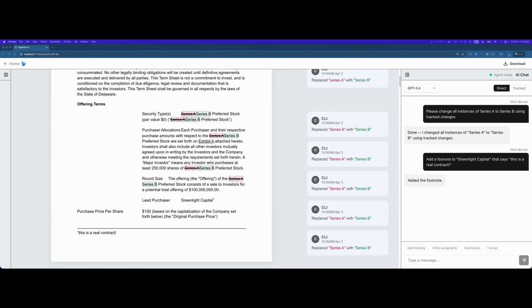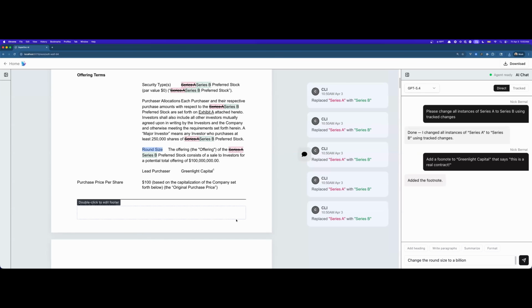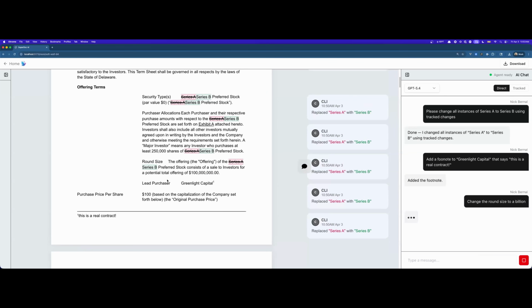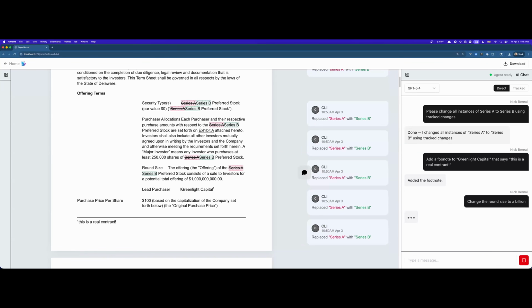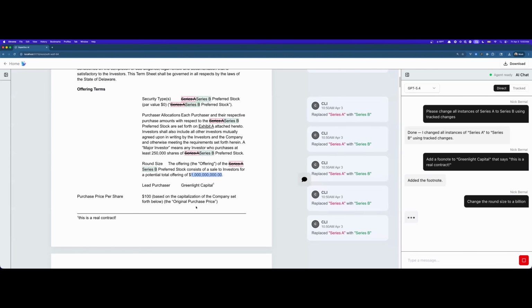Now, what if I wanted to change the amount of money? So I don't just want it to be, I don't know, what is that? There's so many zeros, 100 million. So this is called a round size. Let's see if we can do it. So I'm going to ask it to change the round size to 1 billion. I'm not actually even going to type all the zeros. There's too many zeros, so I'm just going to leave it as 1 billion. Let's see if we can understand what I mean by, first of all, round size, and what do I even mean by billion? Let's find out. And look at that, just after a moment, and somebody can check the number of zeros for me, but it looks correct. It changed the round size to 1 billion.